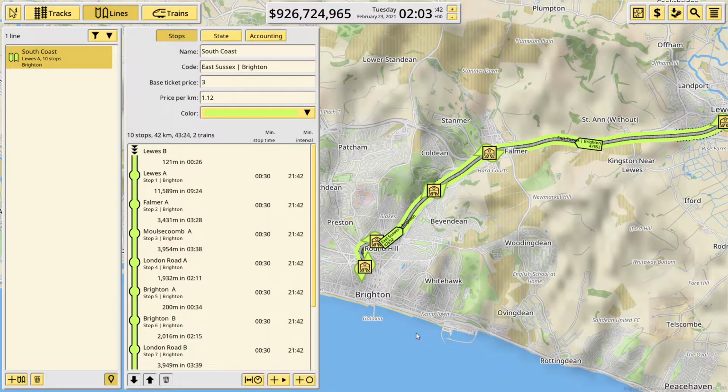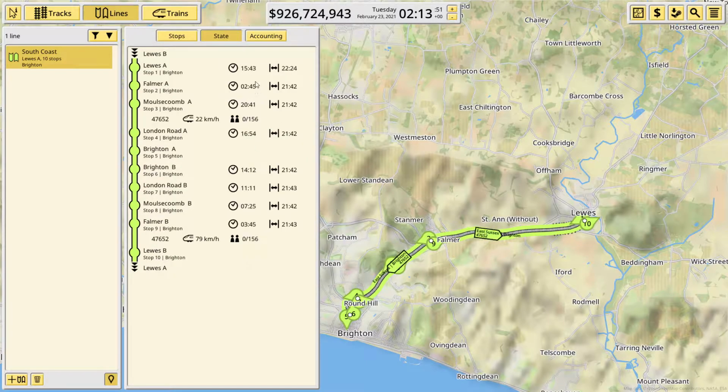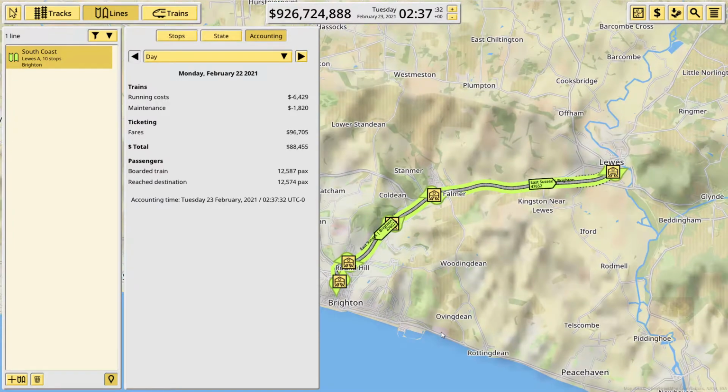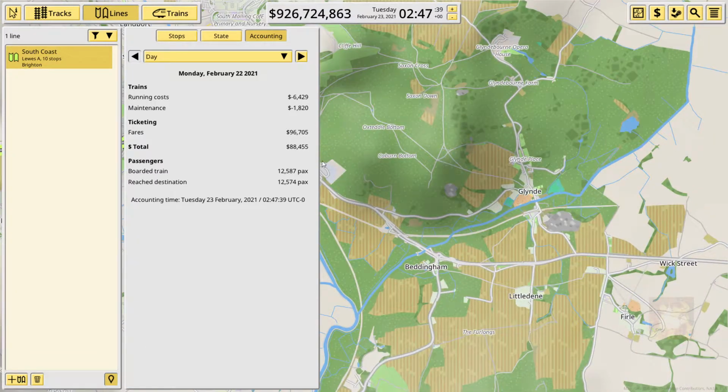Yeah, so they are happily making a profit. I don't think I've got too many people asking for fares. They've made a lot of money. The running cost and the maintenance cost is being easily covered. It's just long enough, this line, to make a bit of a difference. I'm now going to build the Spur line